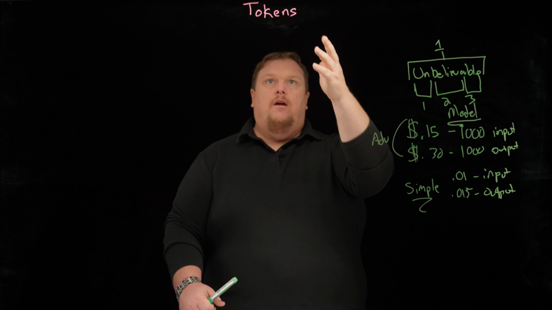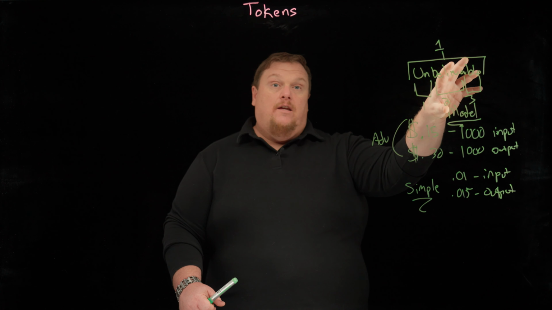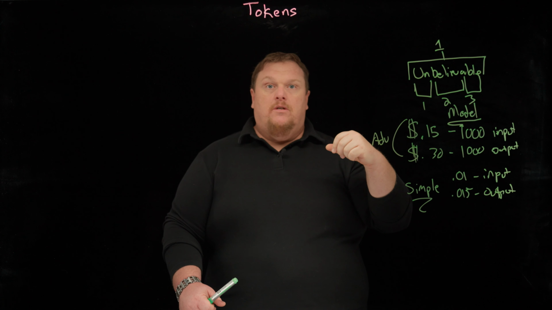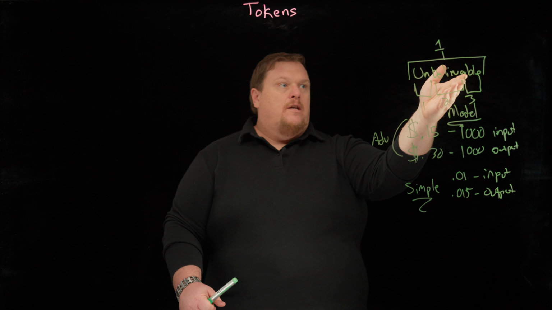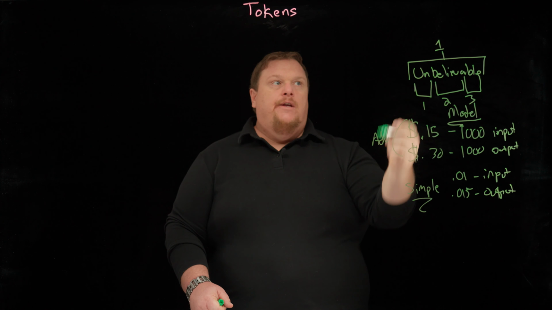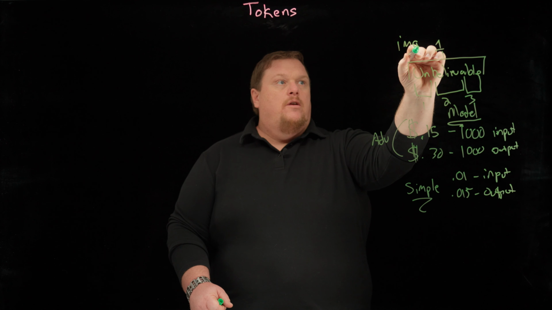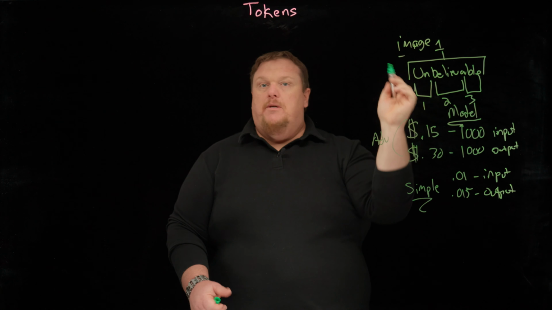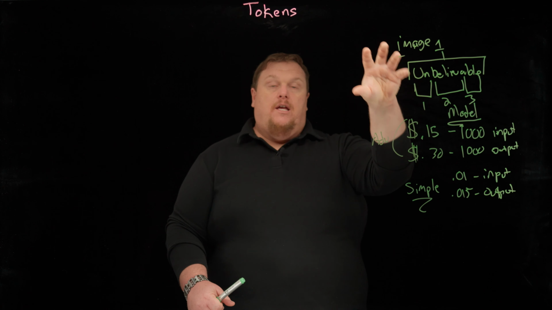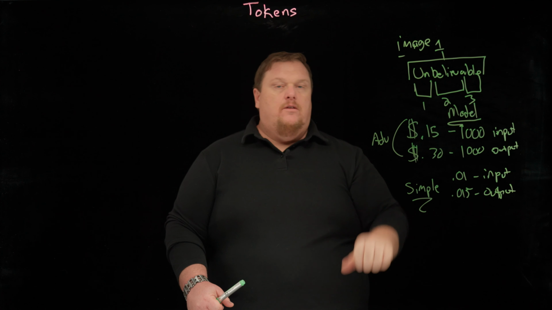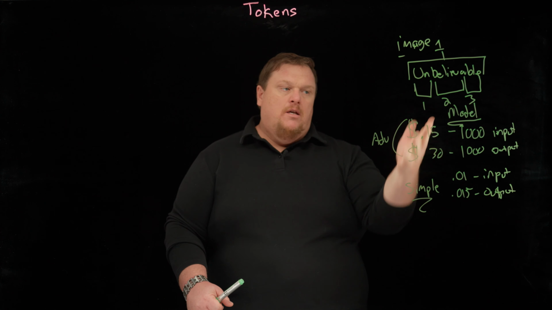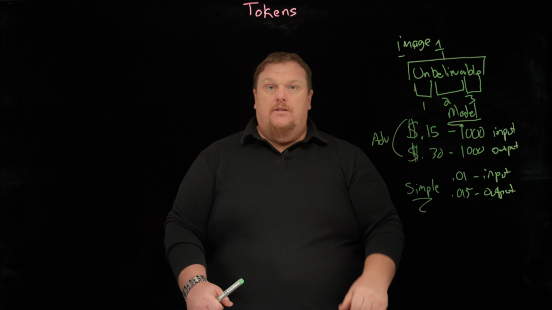So hopefully that helps you with tokens. It's just any information that goes in and out of an LLM. I used an example of a word, unbelievable. Remember, that can be an image, a document, etc. Anything you put in is going to be tokenized and numbers put into the model. There's different pricing based on the simplicity or the advanced usage of that model.